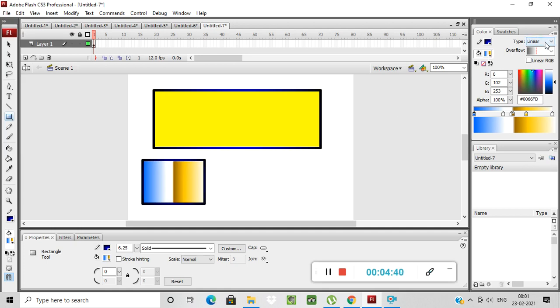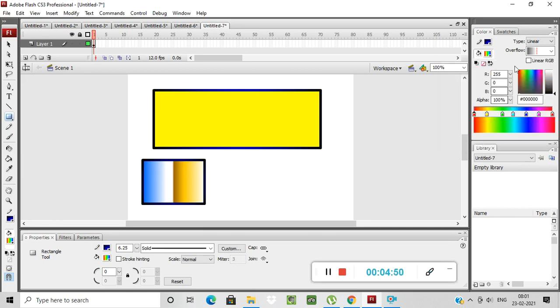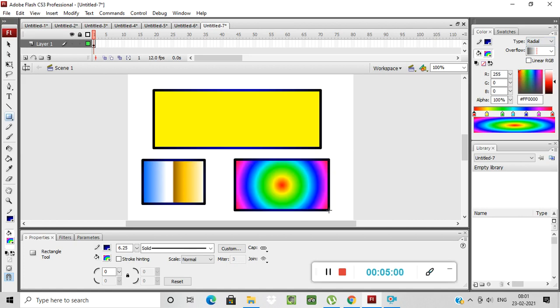Then if you want a radial, this is the preview. You can change the color from here. I want this color, then you can change the radial color. Suppose I am drawing a rectangle. See, this is a gradient. Create a new gradient fill in your shape.